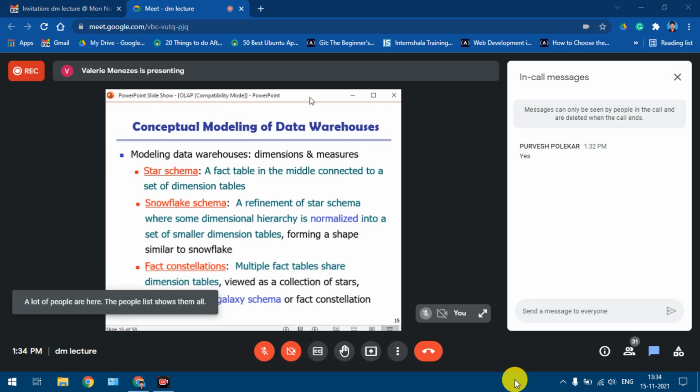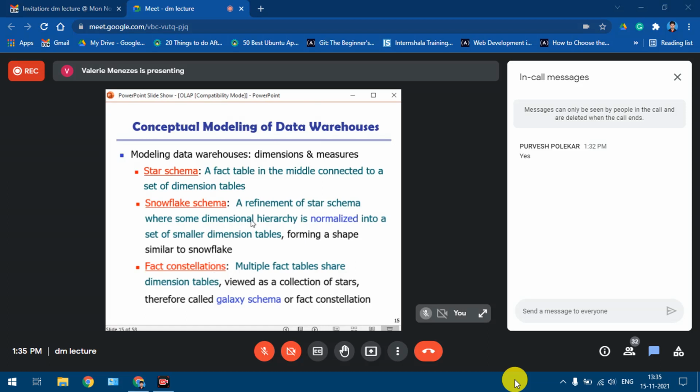Okay, so over here we use a concept of data warehouses. Okay, and how is the data stored in a warehouse? So the different schemas which can be used to store data in a warehouse are the star schema, the snowflake schema, and the fact constellation schema. The star schema, as it's given, is very clear. It has one single fact table. A snowflake schema also has a single fact table, but in the snowflake schema, some dimension tables are normalized. Okay, and the fact constellation schema or the galaxy schema has more than one fact table. So that's why it's called a galaxy schema or the fact constellation schema.